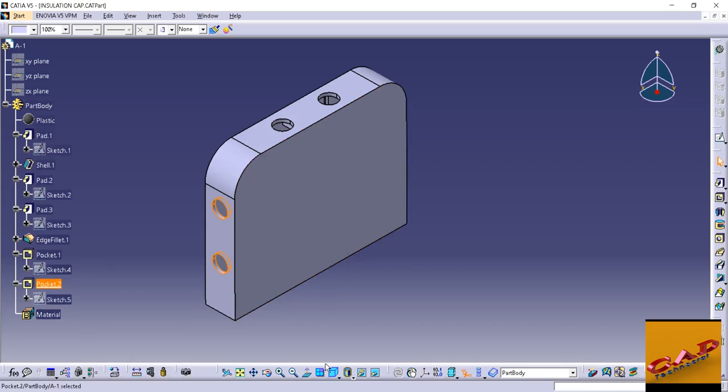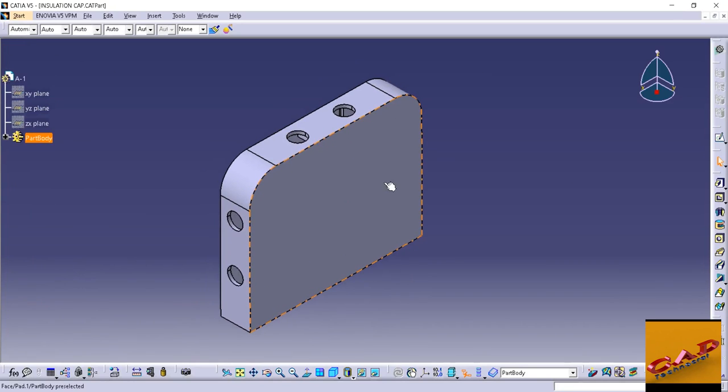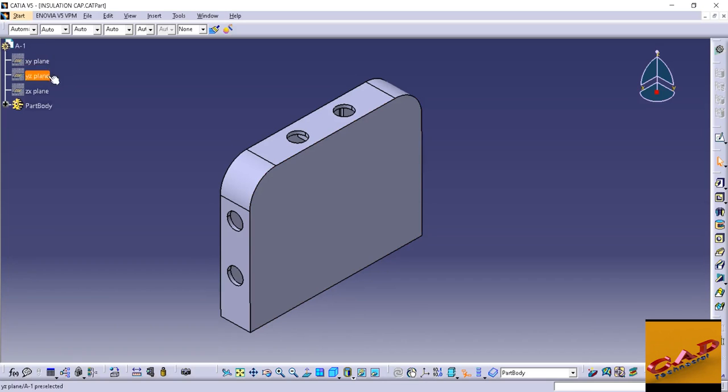Okay, and click on the F, and there are lots of planes. Actually generally there are only 3 planes in each and every CAD software on which we can develop our product, develop our sketches. So if you want to see those planes, currently the planes are hidden in this file.